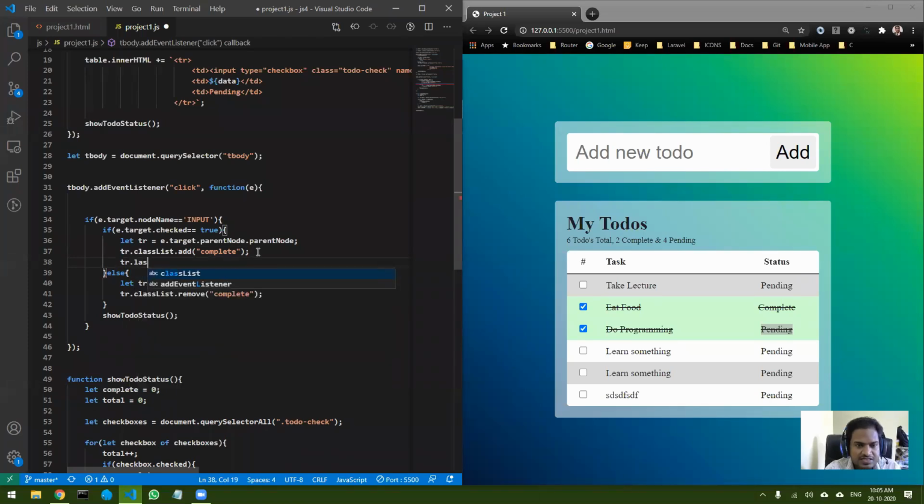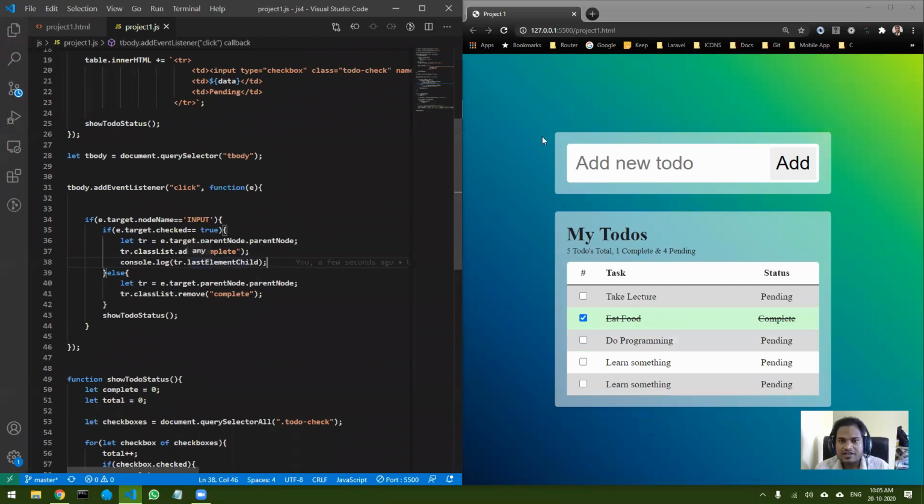Okay, so let's say last child. Let's console log this and find out what this is. Okay, so I am trying to find out what the last child is.